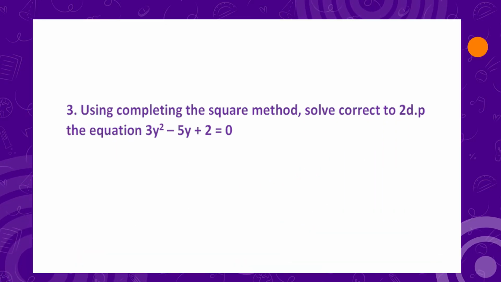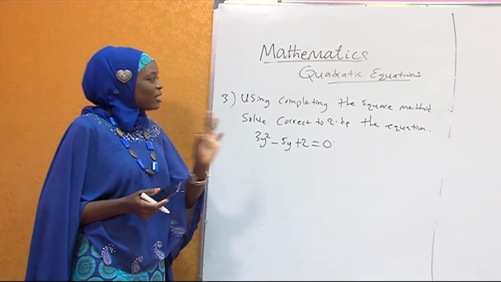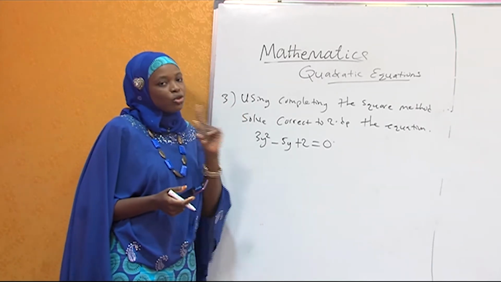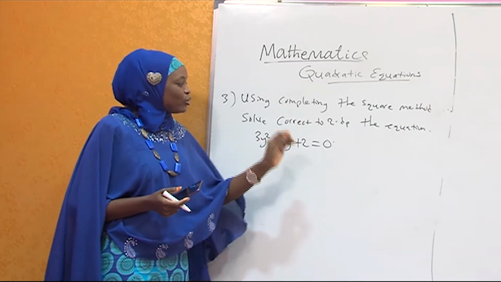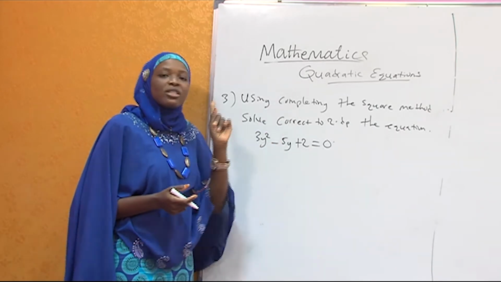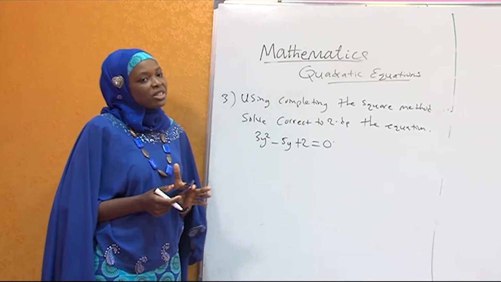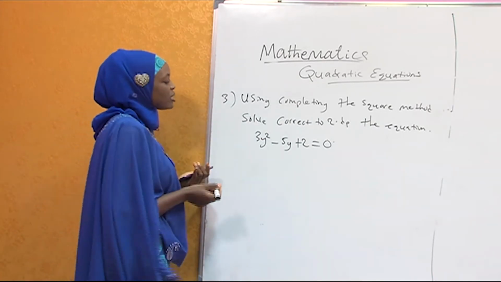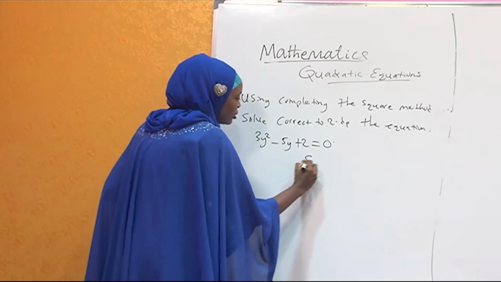So this is a quadratic equation we are asked to solve. But remember that it has been specified here to use completing the square. Please take note. If you have been given a particular method to use, do not differ, because if you differ, nobody will mark this for you. It's strictly said use completing the square. So please, you must use completing the square. Now, using the completing the square method, we have